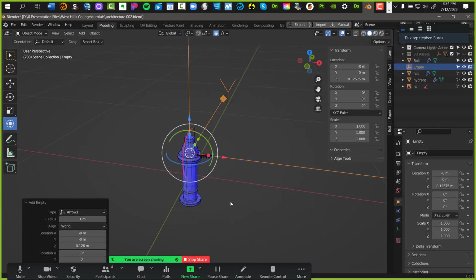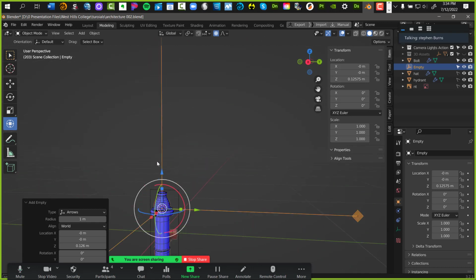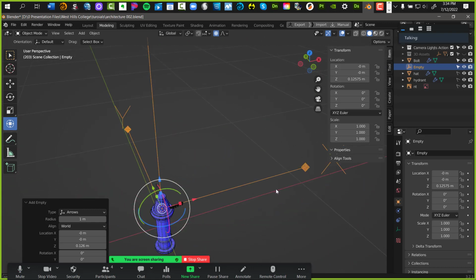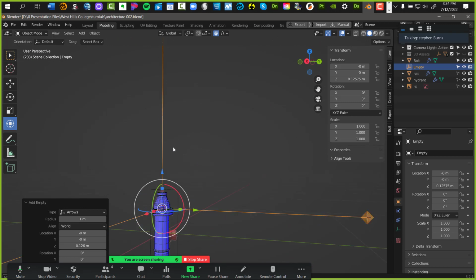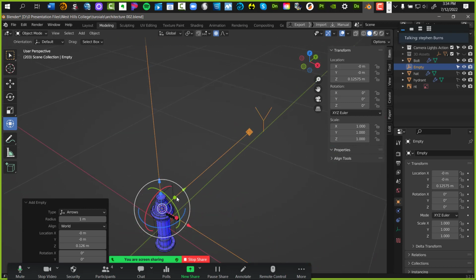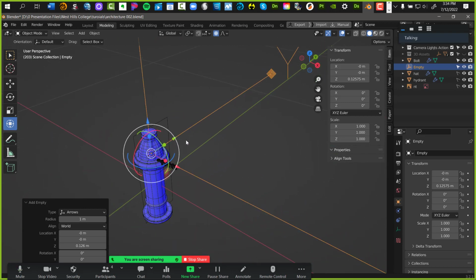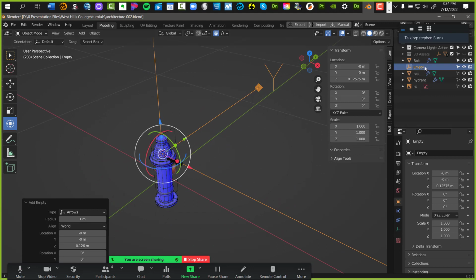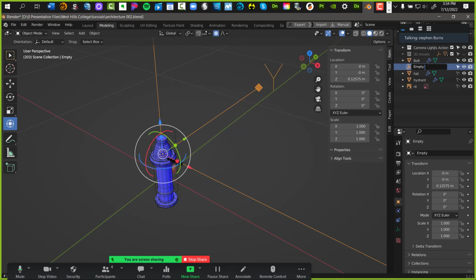So there's my empty. It's really large, because my hydrant is probably way small, but we only reduce the scale to match the photograph that we have. It doesn't matter. This empty here, I'm going to rename it and call it empty bolts.